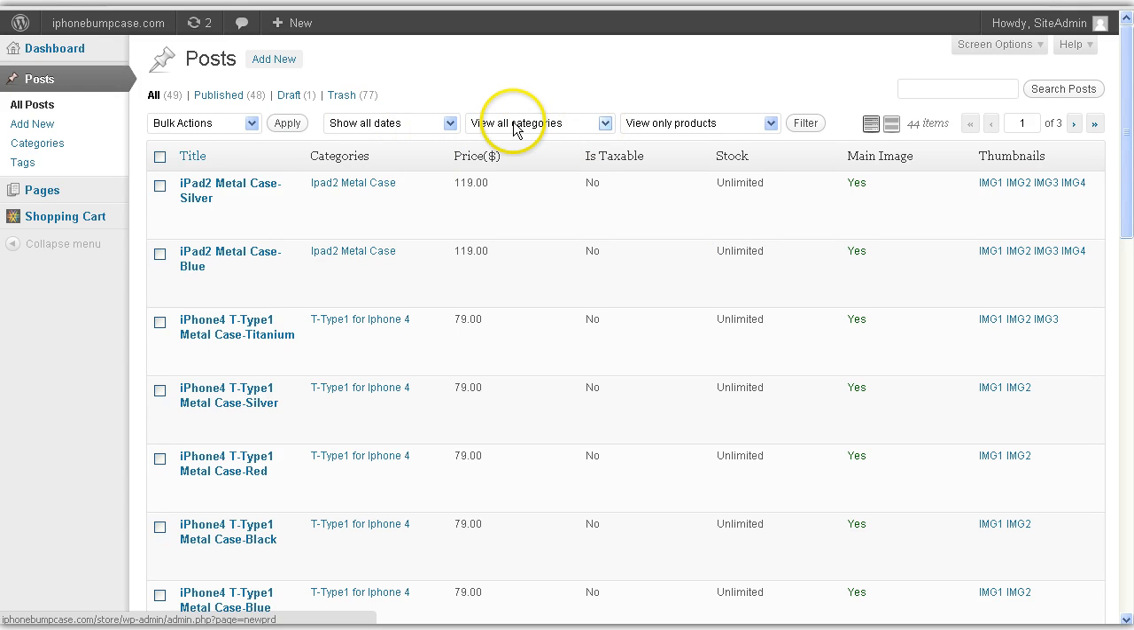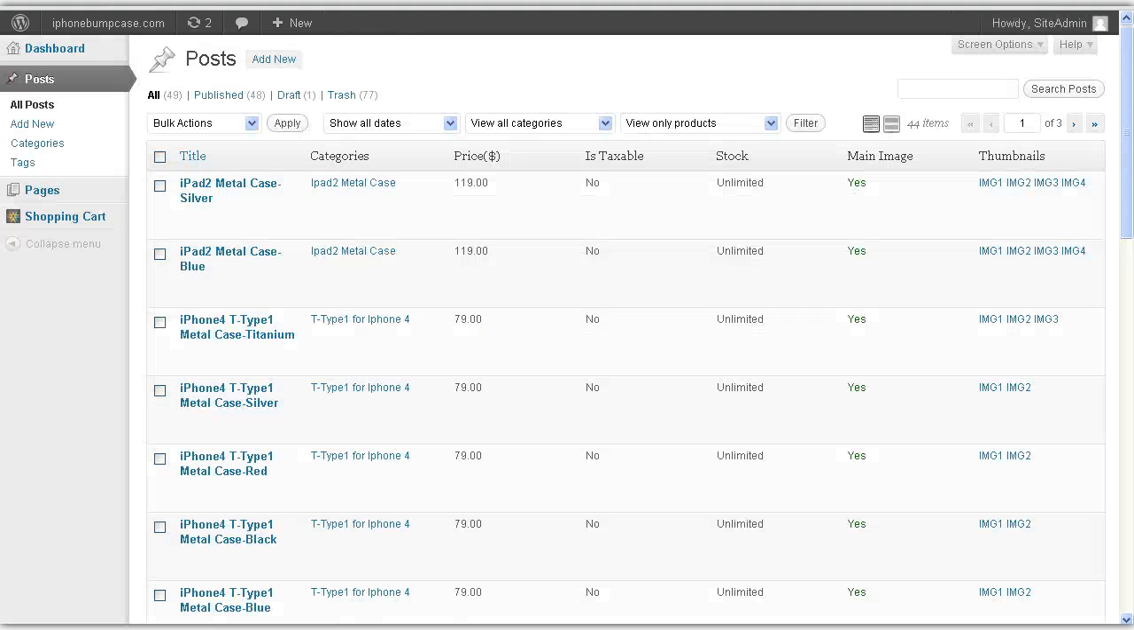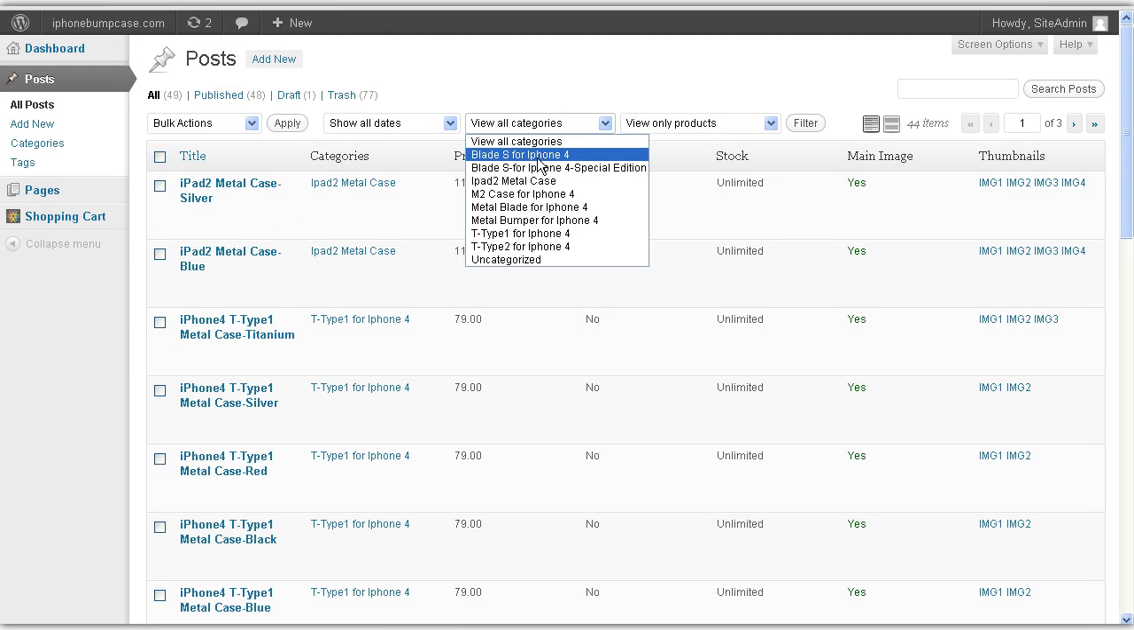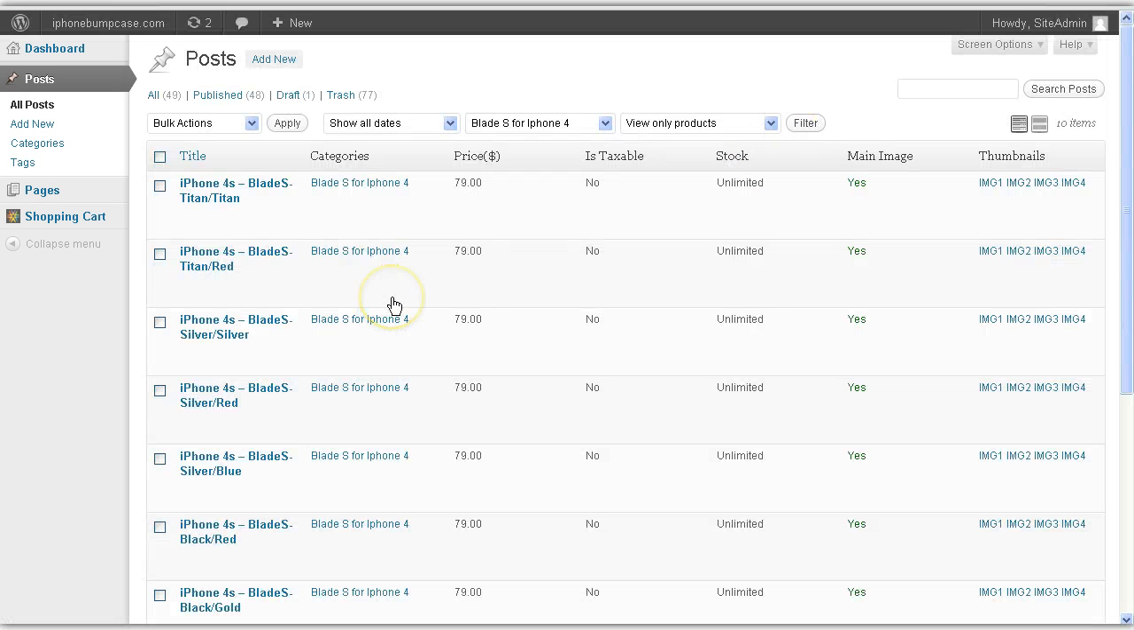And here's something really neat. Because you have so many products, you can look at only the category that pertains to the product you want to edit. So for example, this would be the Blade S for iPhone 4. So we can go here, Blade S for iPhone 4, click Filter, and only view those products. Alright, and so what we'll do is we'll go ahead and go down to, actually it's right here, this is the one we want to edit. We'll click Edit,